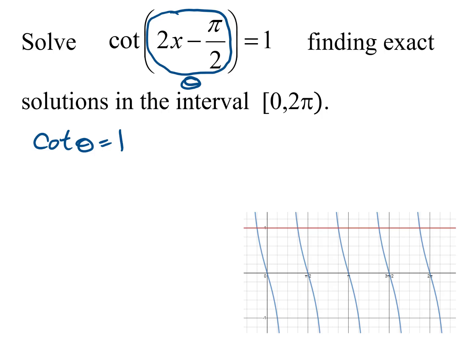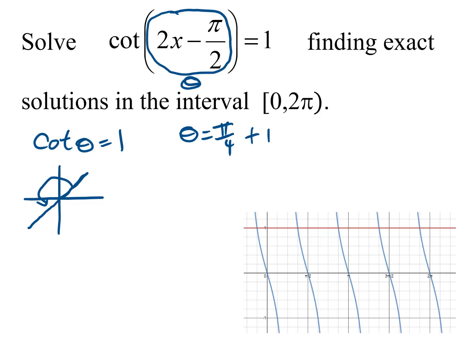Well, thinking of cotangent, it needs to be positive. And to equal 1, it would need to be on a multiple of pi fourths. So pi fourths, and then also in quadrant 3, tangent is positive because it's negative square root 2 over 2 over negative square root 2 over 2. So over here at 5 pi fourths. So my solutions are when theta equals pi fourths and also 5 pi fourths, but that's just pi away,